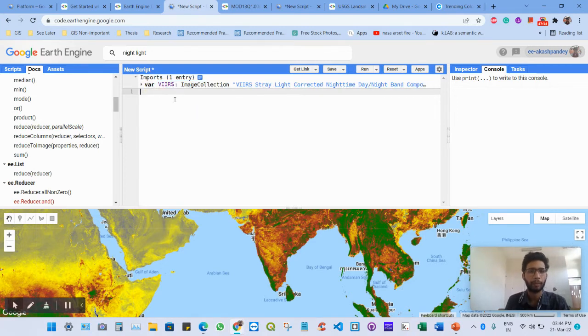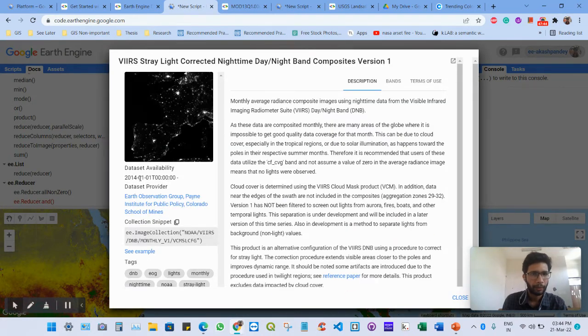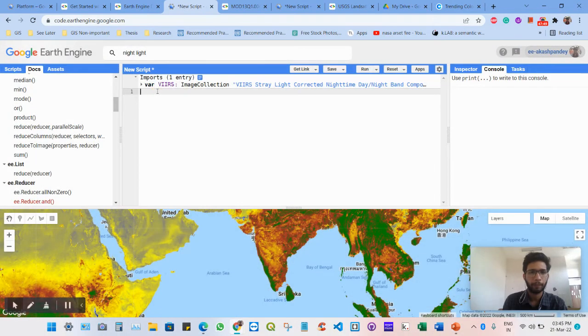You can name this variable anything, and now we can check the date range. You can see the date range is from 2014 till now. So we will filter the VIIRS collection to the date range in 2021. We want to check for the January month, so we want to work with the whole of January, and this time we want the maximum nightlight